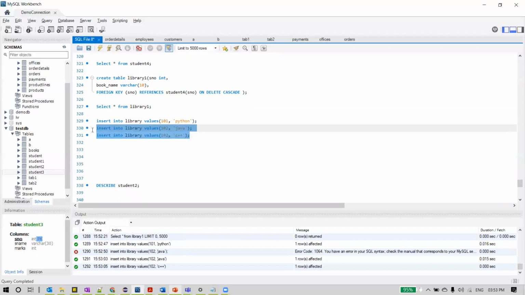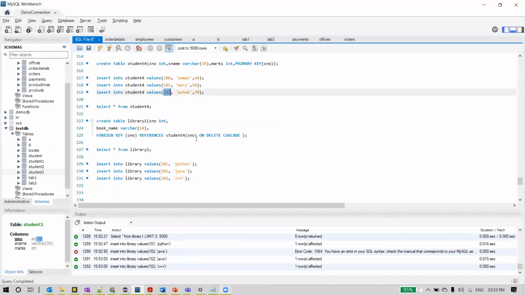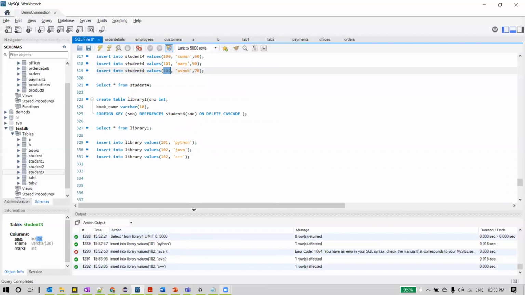So that's the concept here. 102 is the student who has the book Java. The same student can also have C++ as well. The only constraint for the foreign key is that the value has to be present in the primary key which it is referencing. So now we inserted all the 3 rows.